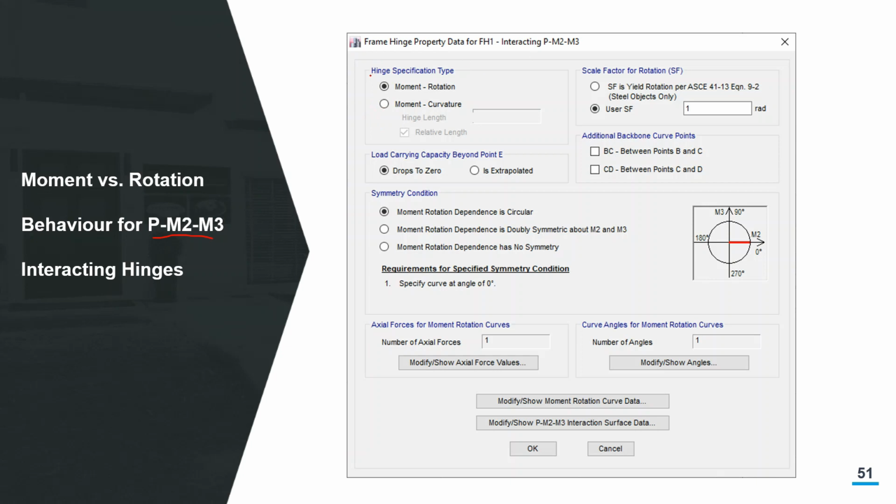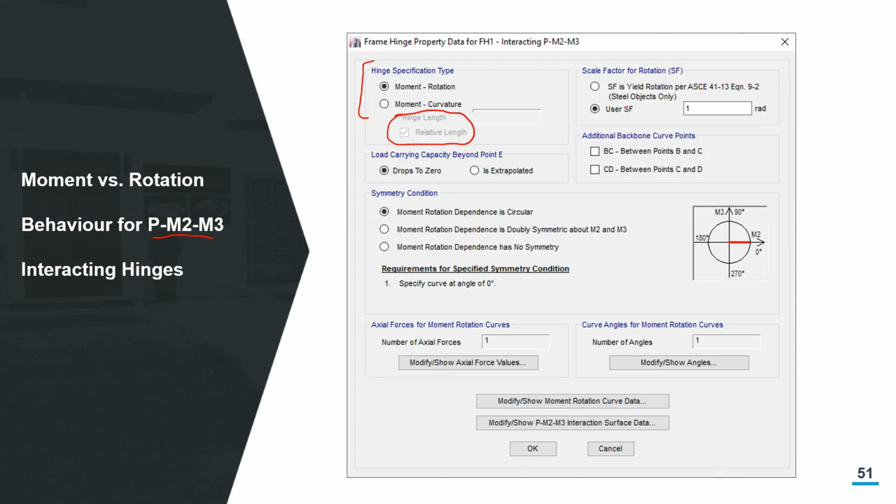The first thing you have to select is the hinge type. Either it should be moment curvature or moment rotation, just like for beams. If you go for moment curvature, you have to give some hinge length also, which will be used to convert the curvature into rotation. Then there is the scale factor.